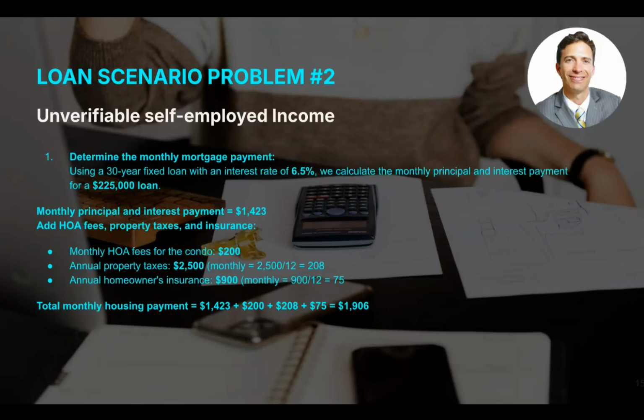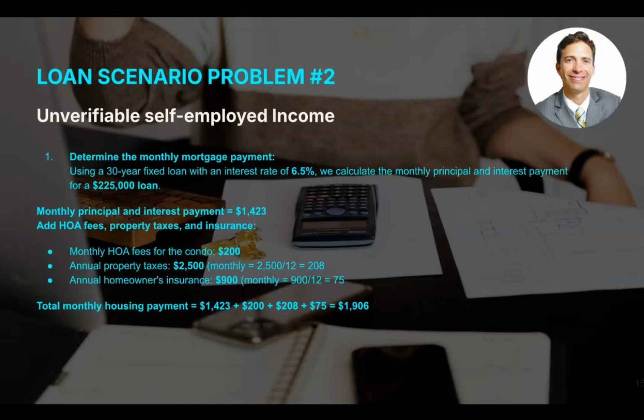Number 1, we're going to determine the monthly mortgage payment. Using a 30-year fixed loan with an interest rate of 6.5%, we're going to calculate the monthly principal and interest payment for a $225,000 loan. Again, you're simply going to use a mortgage calculator, or you can go to Google, enter mortgage calculator, and input these figures: 30-year fixed, 6.5%, and the loan amount of $225,000. This is going to give you a monthly principal and interest payment equal to